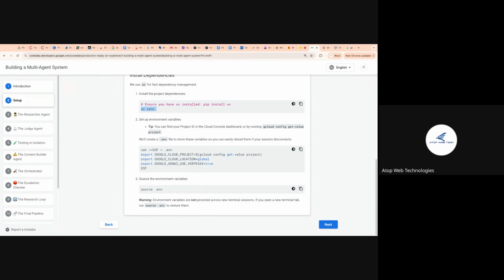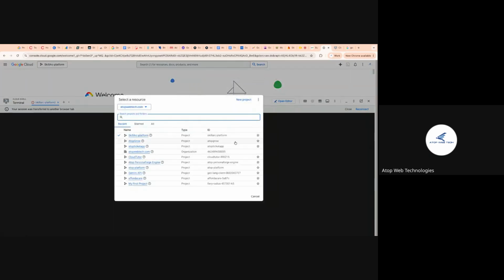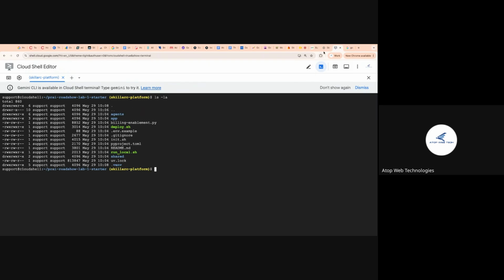If you run this command, it will spit out your project ID. But of course, you can easily just get it from here. We have several projects here. This is my project ID here. I'm using this keylog. If you run that command, it will get it for you, which is this. But because we are here, we can put the